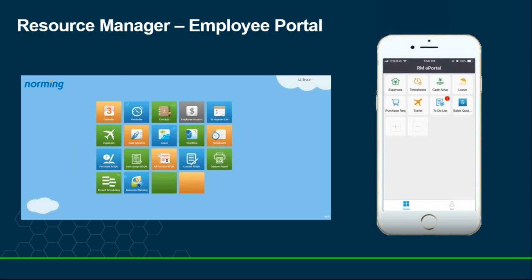And you access that portal one of two ways. On the left-hand side of the screen, you see the traditional web portal, which is a Java-based application that you access on a computer, which is what I'll be doing today, or on a tablet. And on the right-hand side, the mobile apps that are native to the Apple operating system, the Android operating system, so that people will be able to use mobile devices to access the same type of functionality that you can